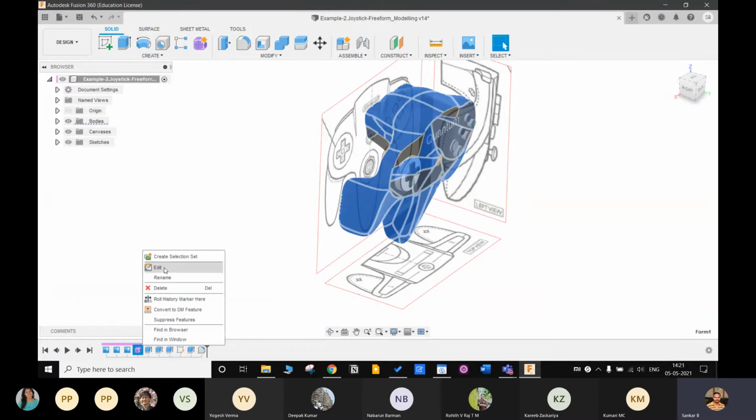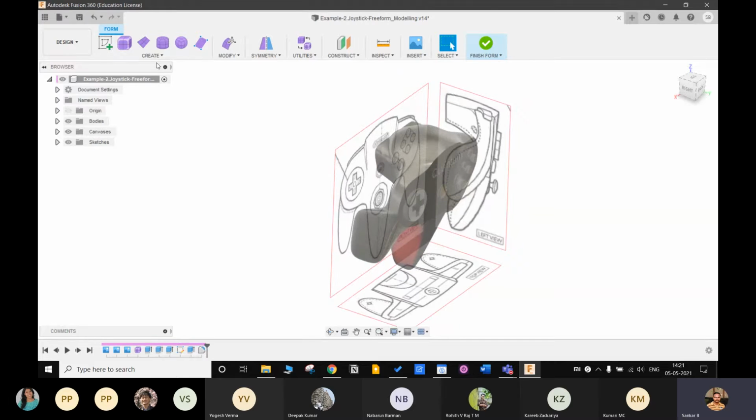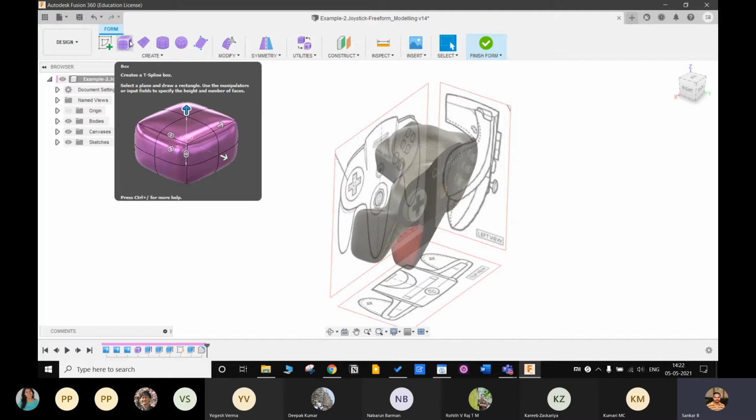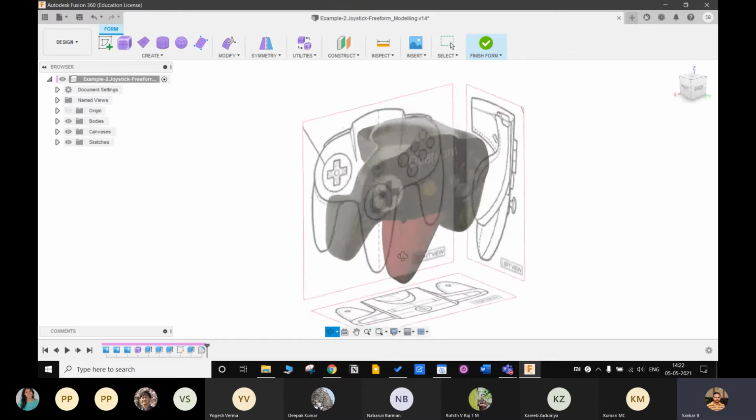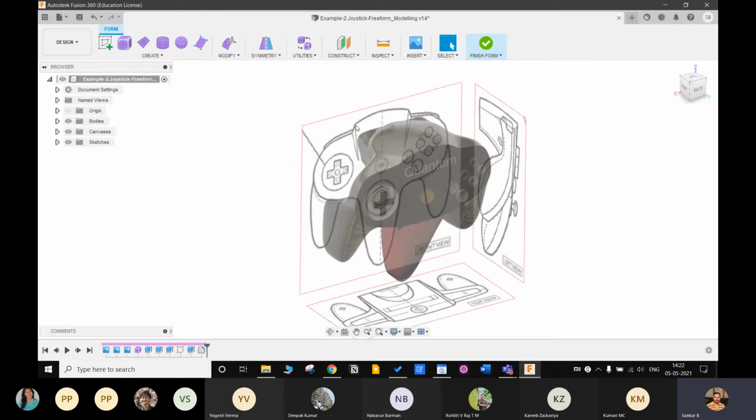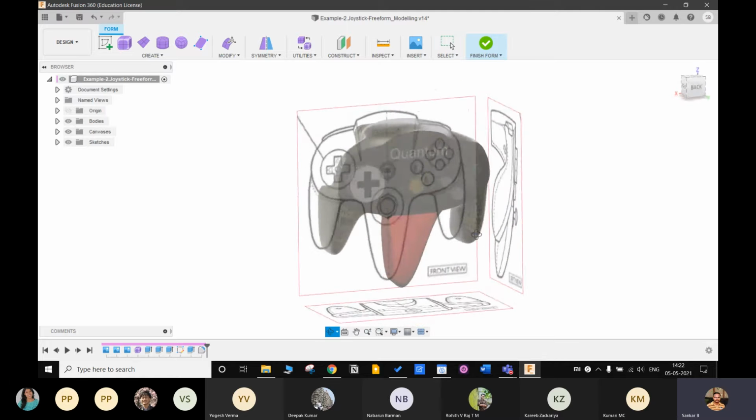In the form, pretty much I started with a box. I have used three commands. One is the box. Initially I created a box, and the first thing I did was divide the entire given component into different segments. Here I found four segments. The first one is the center part, the second and third are the two legs on the left and right hand side where you hold, and the fourth one is at the bottom.